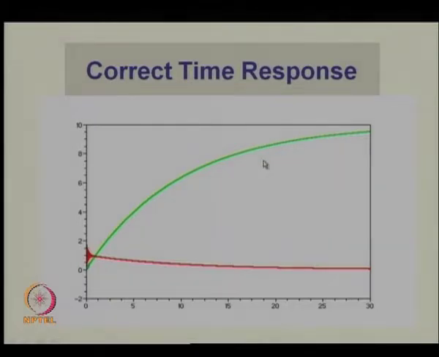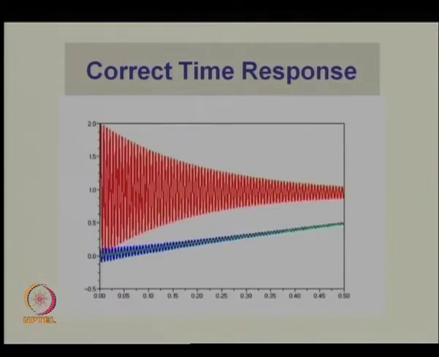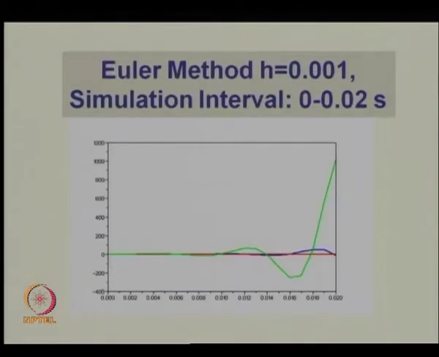So, this is what I should be getting, and if I try to simulate this just from 0 to 0.5 seconds, this is what I should be getting. This is V c and this is I 1 and I 2, green and blue. Okay. So, this is the correct time response, and just to replot what I got just now using Euler method with 0.001 and the simulation just 20 milliseconds, you see the beginnings of the fact that this discrete time system